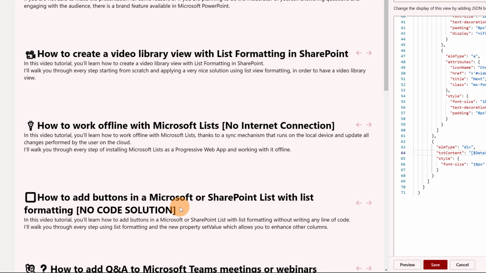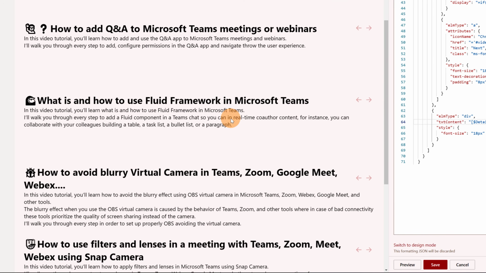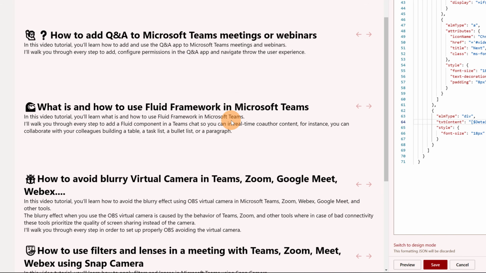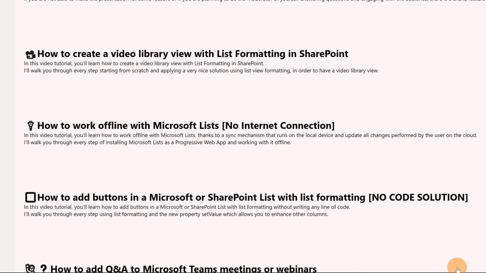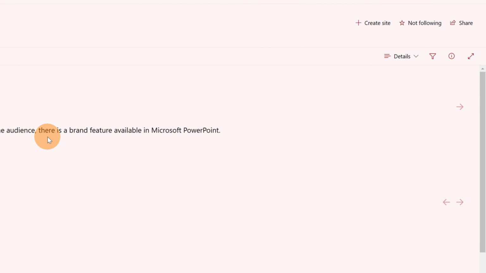As you can see, I have the title here and the description. Now I have this content which is more visible and readable. Okay, we have done with this first view. I already saved it. I can click on save, cancel, and then let's start to create a second view for